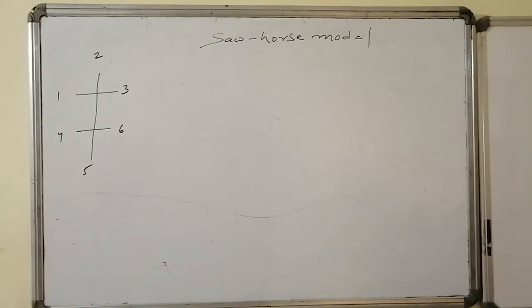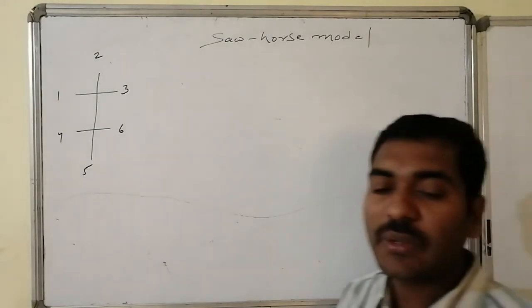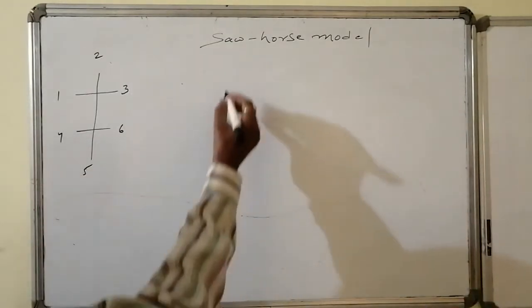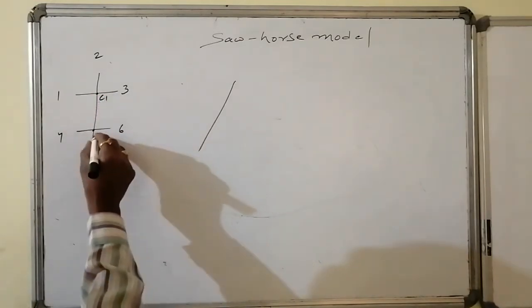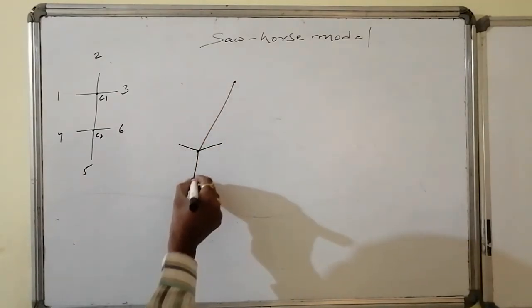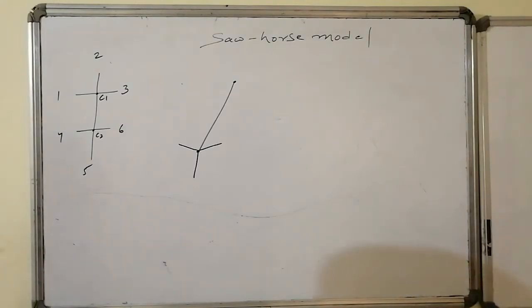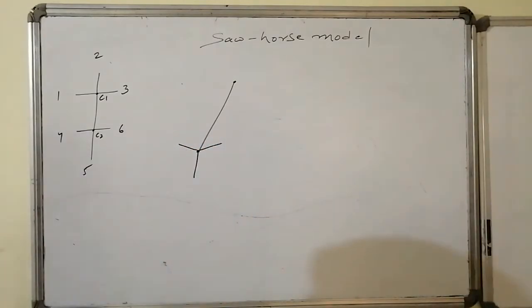The next model of presentation is Sawhorse model of representation. In the Sawhorse model, whatever the Fischer is, the Fischer's connected carbons are written as a slanted line. Suppose this is the C1 carbon atom and the C2 carbon atom. The C2 related valencies are written as they are, by making a dihedral angle of separation between them of 120 degrees. Considering these are occupying the circle 120 degrees apart, these are written, and carbon 2 and carbon 1 are connected diagonally. You can visualize every carbon atom and the valencies connected with the carbon atoms also.